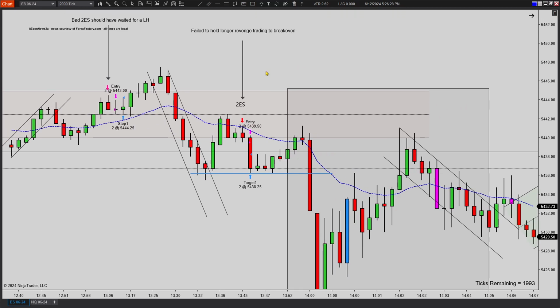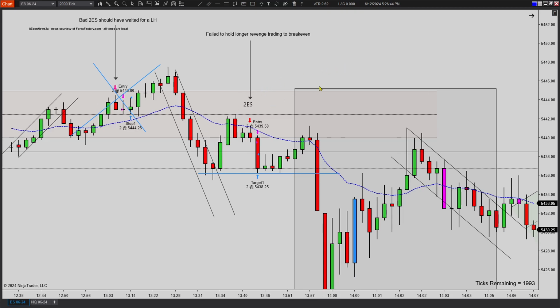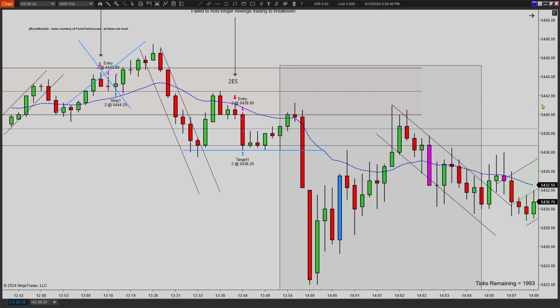So once you see a good setup like this, just hold it and don't move it to 5 ticks, whatever you lost on your previous trade. This trade is basically just null and void, and I should have just completely forgotten about it and completely focused on the next setup, because each setup is unique in its own right and no trade is the same. Okay, that being said,